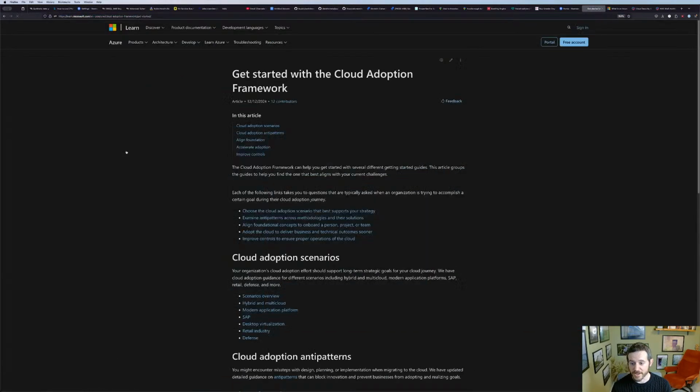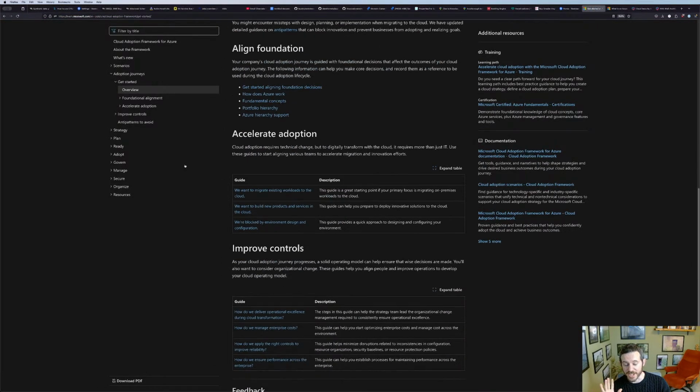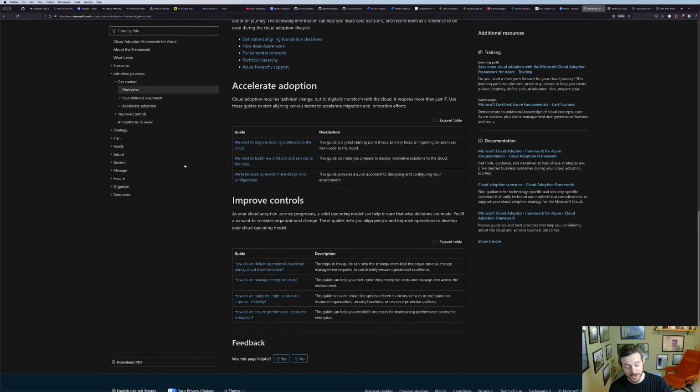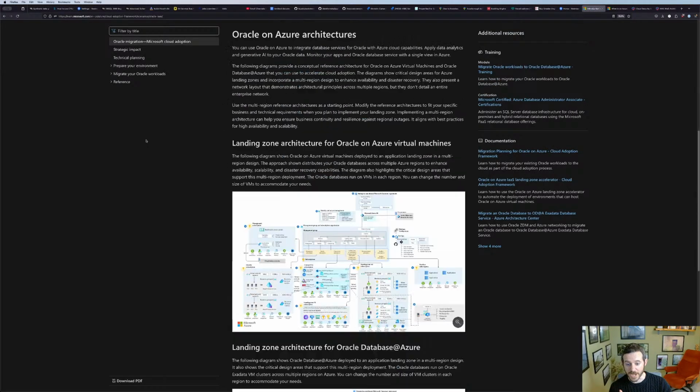So as you can see here, if we click through, there's an awful lot of information on this site, as with all Azure stuff. And you'll also know from a different Substack that I wrote that I'm not a huge fan of their documentation, but there is an awful lot of documentation here and ways for you to be able to get this stuff into a production-like environment. So I suggest that you start with adoption journeys. Also, the scenarios are certainly useful. If you come from an environment where you need to set up a specific type of setup, if you come from an Oracle background, how to deploy Azure.